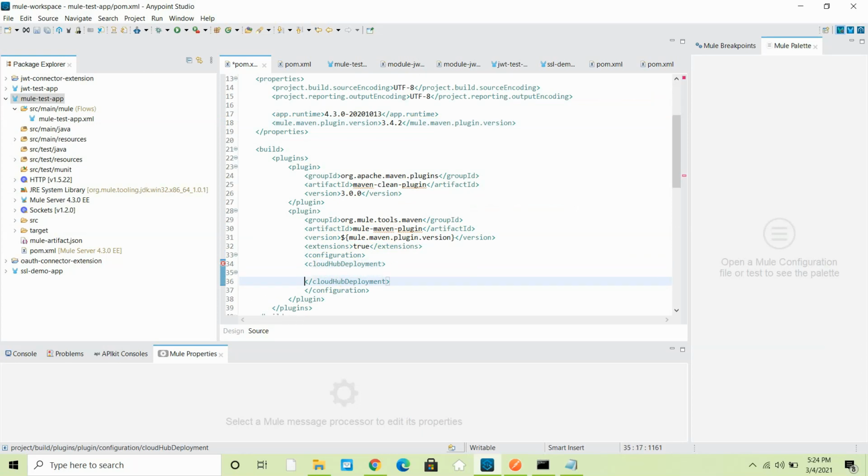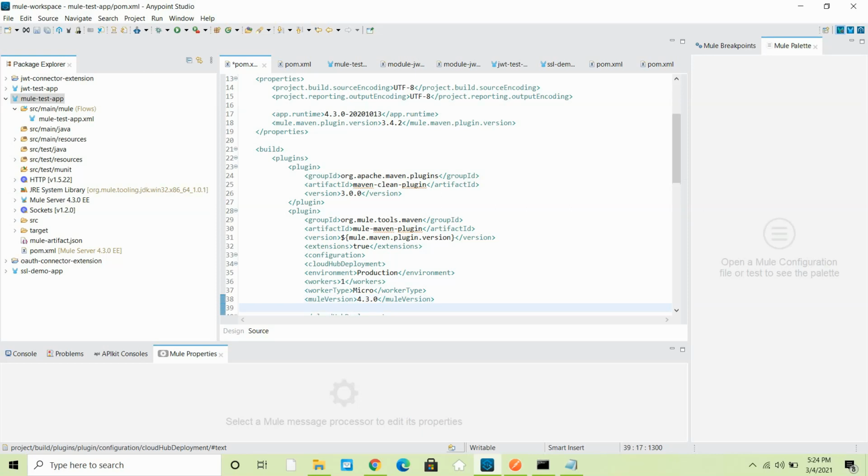Under that you have to first give environment, which is production. Then you have to give workers. I want one worker. You have to give what type of worker you want. I want micro. Then you can say Mule version, the latest 4.3.0.